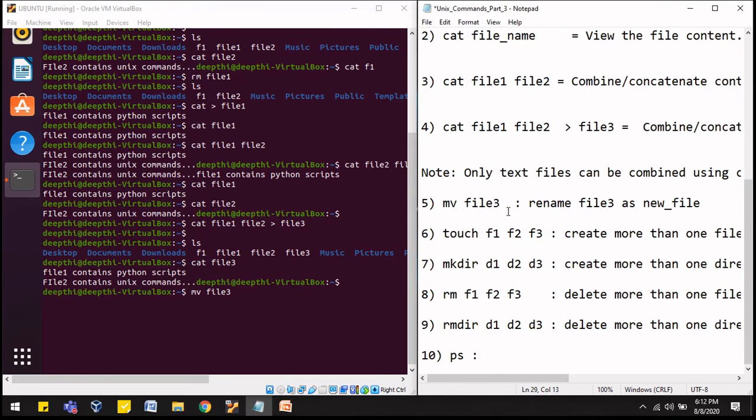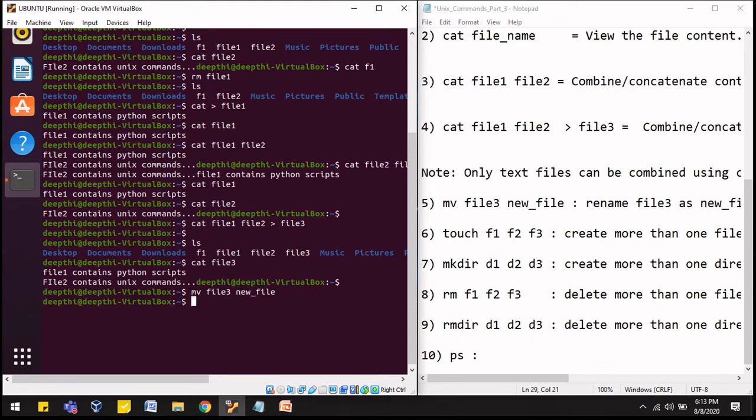So let's say I write new file here in the terminal. Now the contents of file 3 will be moved to new file, and file 3 will no more be there.